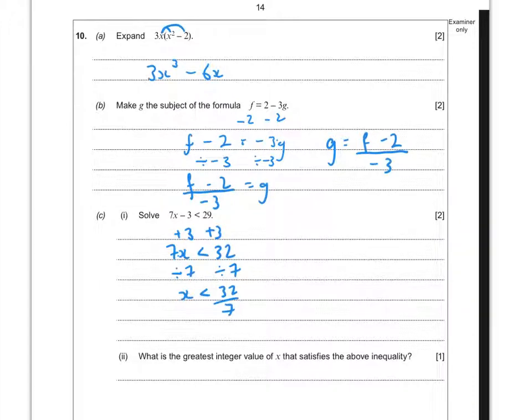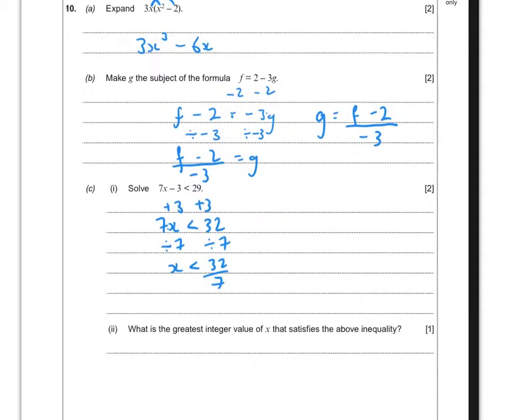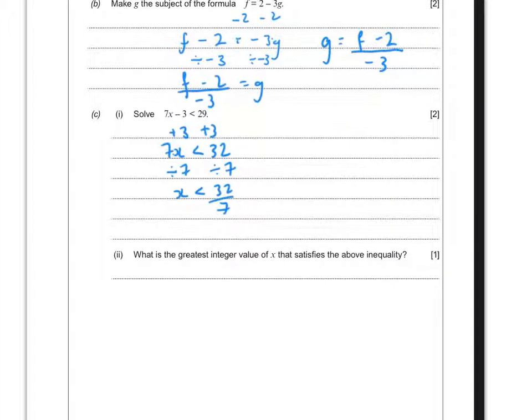But what might actually help us is in the next part of the question, because it says what is the greatest value of x that satisfies the above inequality. So just to help me work this out, I'm going to just take this a little bit further and say, well, what is 32 divided by 7? Well, 7 goes into 32 4 times to be 28. There's 4 remaining. So 7 into 40 goes 5 times, and it goes on and on. So I know that the actual answer is somewhere between 4 and 5,